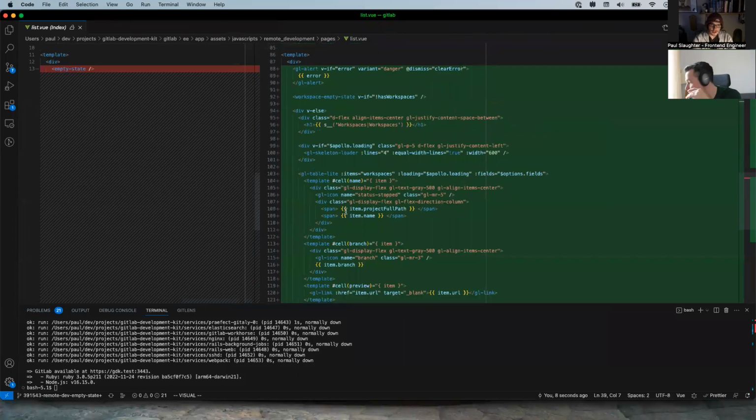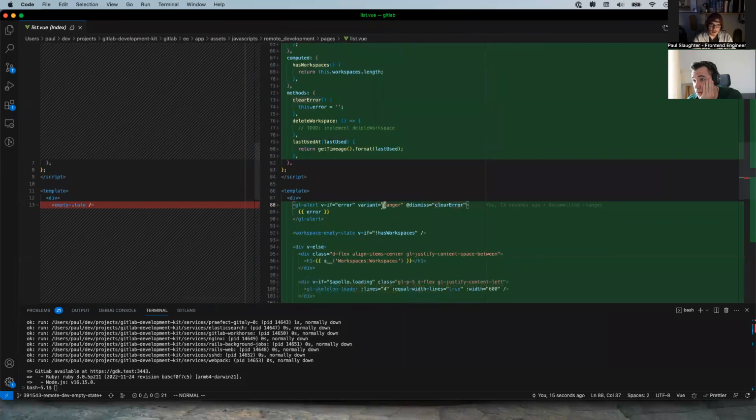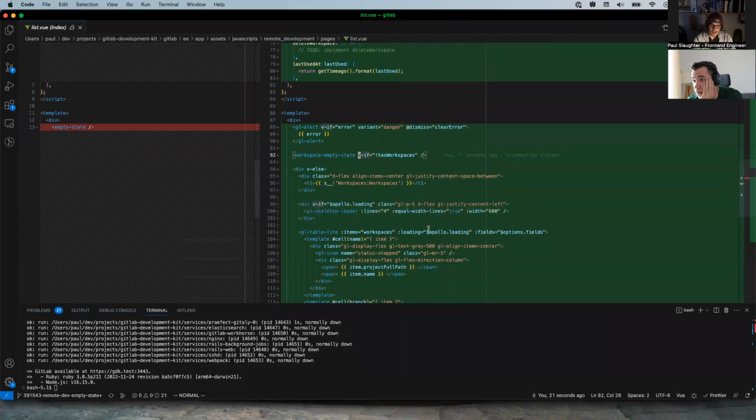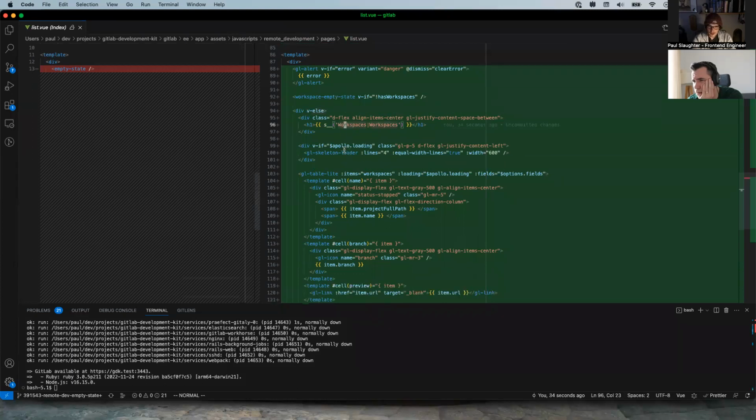Let's look at the template first. So we have an alert if there's an error message. Dismissing goes to clearing the error message. Workspace has an empty state. If we don't have any workspaces, we're going to show the empty state. Else, if we do have workspaces, then we show our little header. And if we're loading,